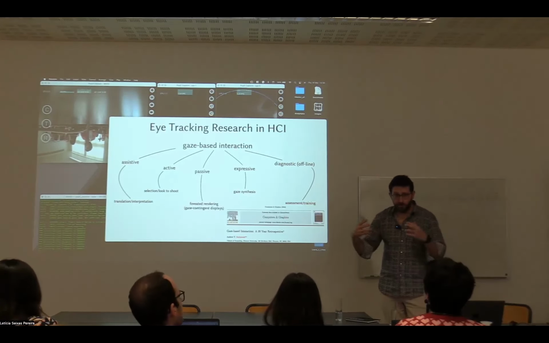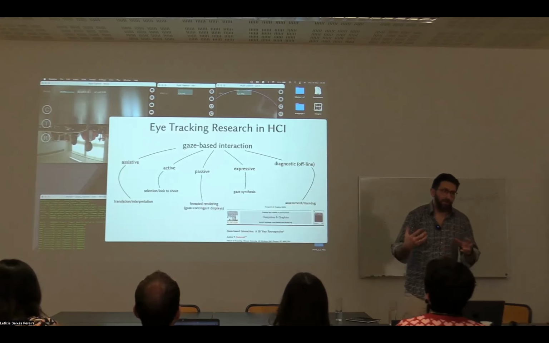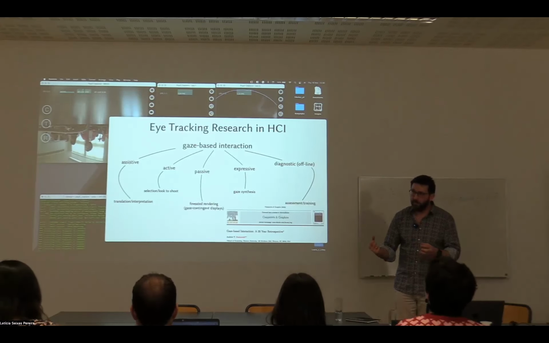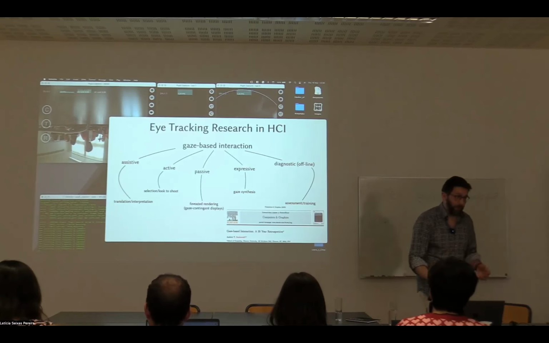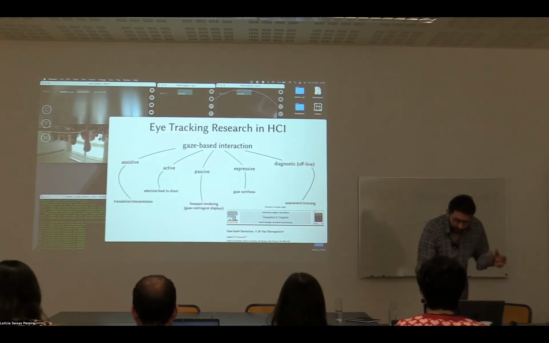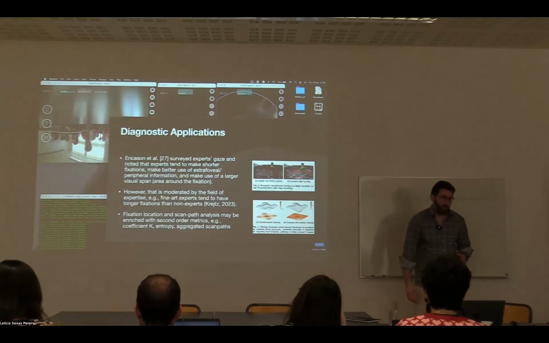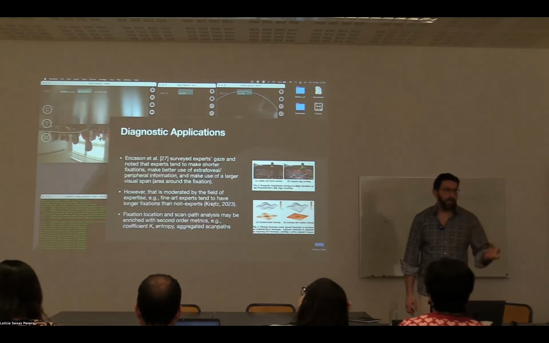Eye information, I should give a credit to Hans Witzner from Copenhagen Technical University, who coined that term. Anyway, diagnostics. This is the most often use of eye tracking, to measure the eye movements and then diagnose the user,